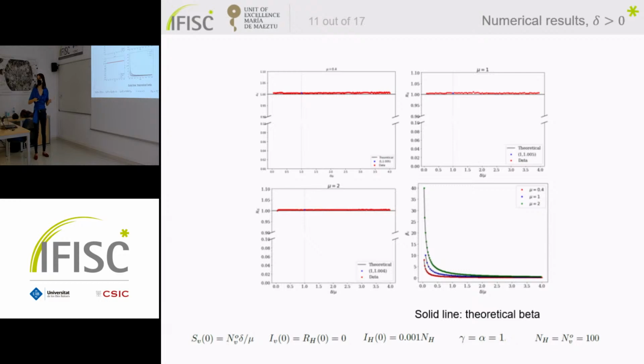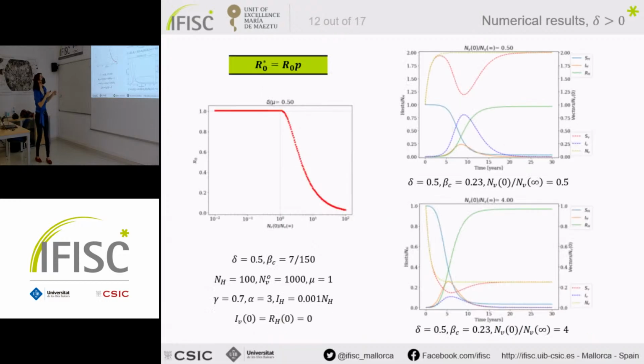So we see that it's in good agreement. So next, a more interesting case is when the initial population of vectors is not in its stationary state at the beginning of the dynamics. In here, we've computed distinct realizations of this case, and these are the R0s that we get. So we see that for values of the initial condition below the stationary value, the R0 computed with the linear methods